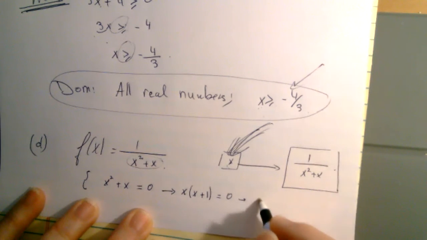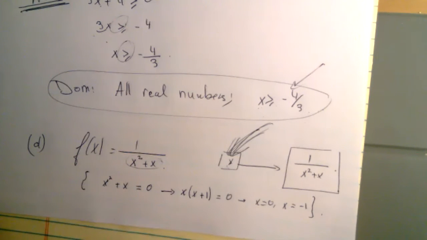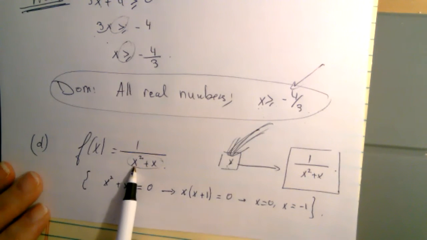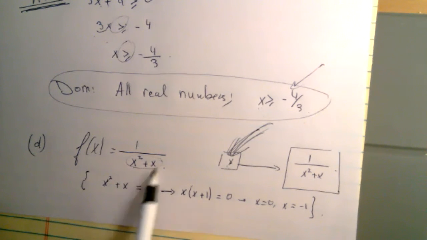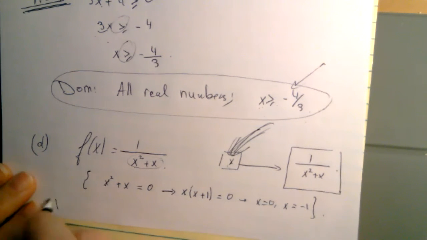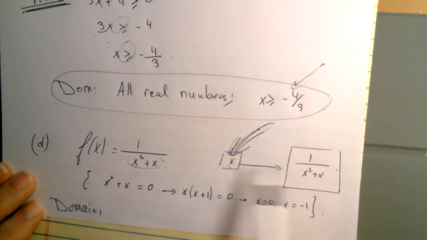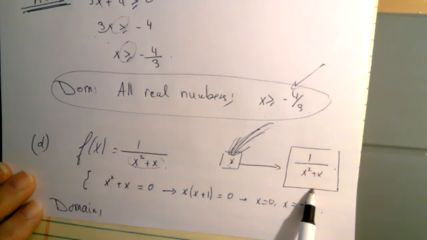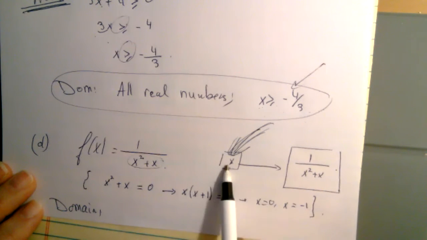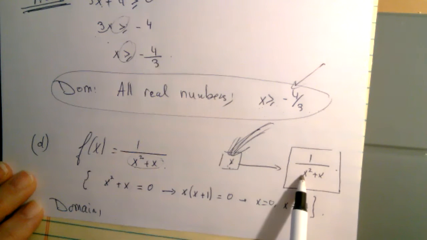So it means that x equals 0 or x equals -1. What makes this 0 is 0 and -1. So what's going to be the domain now? Which values can't I put here? I can't put 0 because this gives me 1 over 0, nonsense. Also, I cannot put -1, because -1 will give me 1 over the quantity -1 squared, which is 1, minus 1,